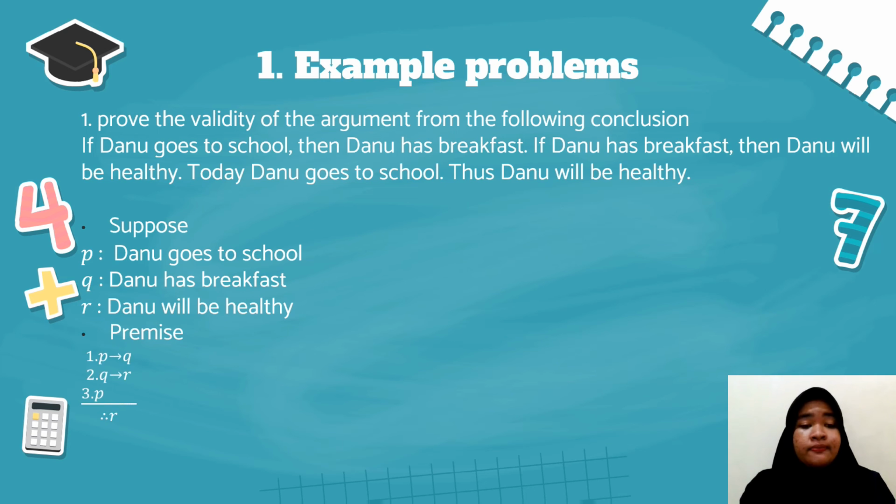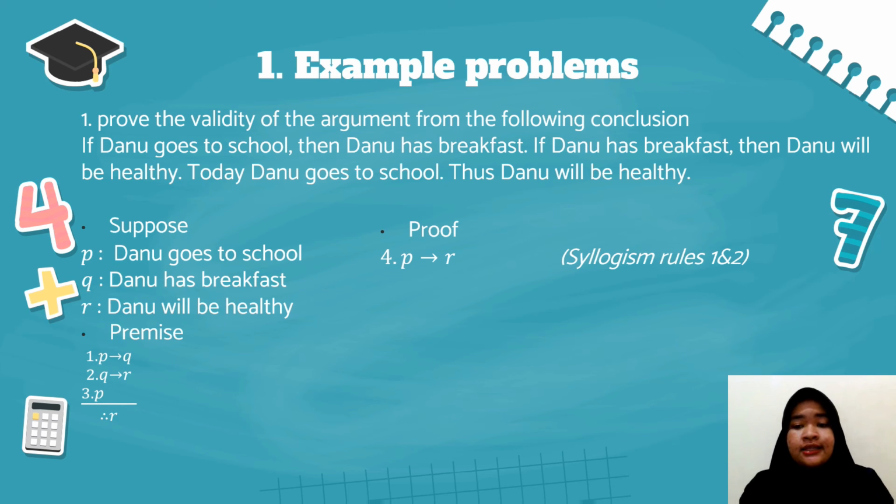We get the premises: the first premise is P implies Q, the second premise is Q implies R, and the third premise is P, so we can conclude R. Proof. P implies R from syllogism of